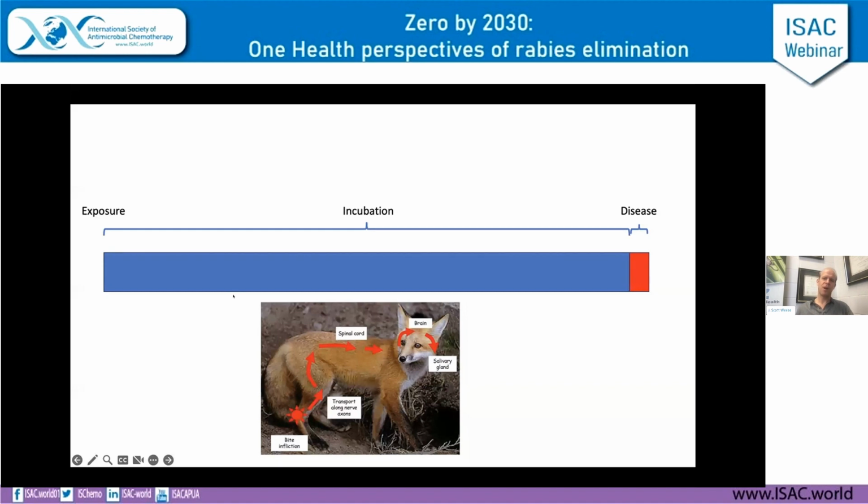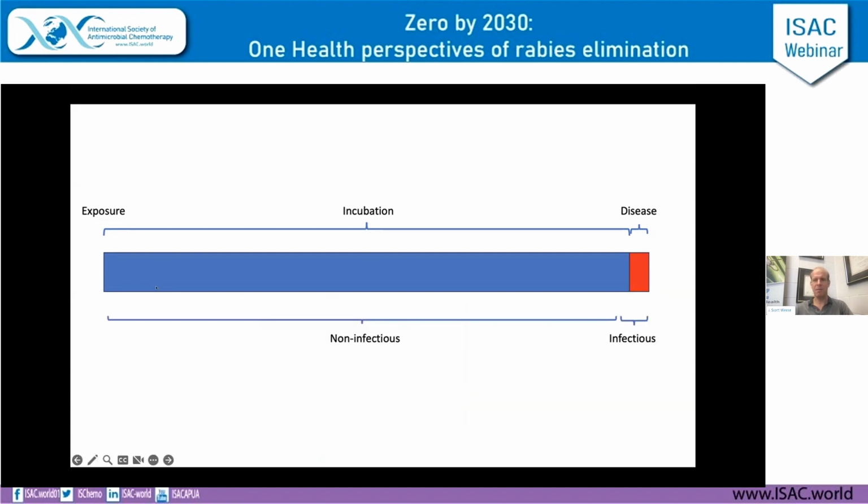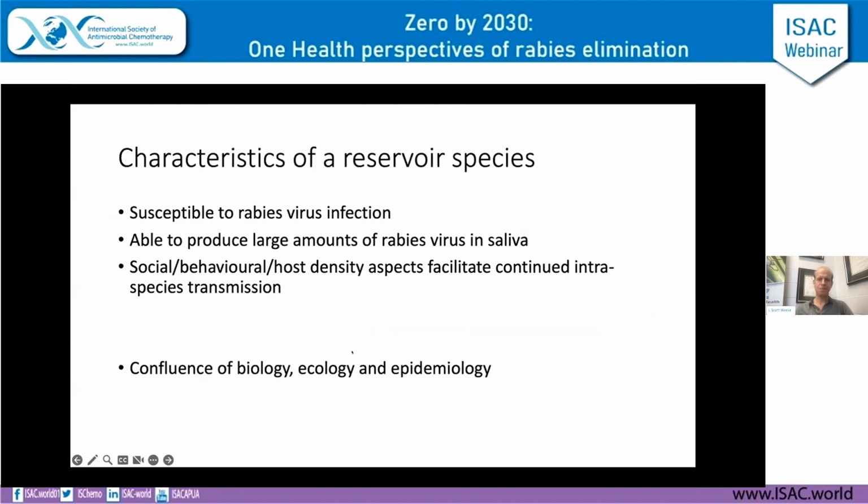So within our reservoirs, we have actively infectious, actively clinically infected individuals, but we also have a large, really larger pool of individuals who are incubating this virus and will become clinically affected and will become infectious, but they aren't now. So your majority of individuals that are infected, whether they're reservoir or not, are non-infectious, and it's this period right around the onset of disease where we have the risk of transmission.